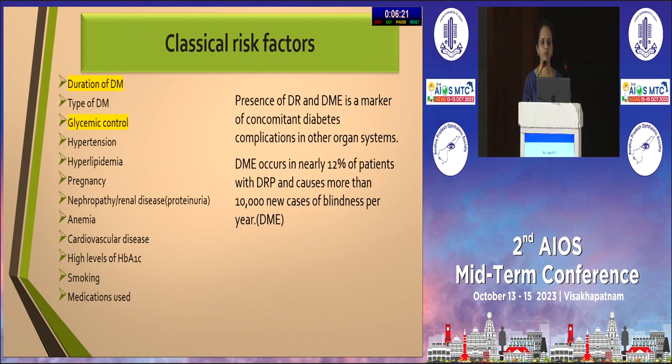Risk factors include duration of diabetes, glycemic control, the presence of hypertension, dyslipidemia, and other minor risk factors. But among them, the duration of diabetes, glycemic control, hypertension, and dyslipidemia play a major role in the occurrence and progression of diabetic retinopathy. Macular edema occurs in nearly 12% of patients with diabetic retinopathy and causes around 10,000 new cases of